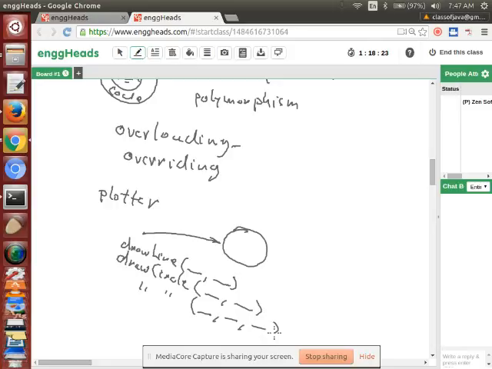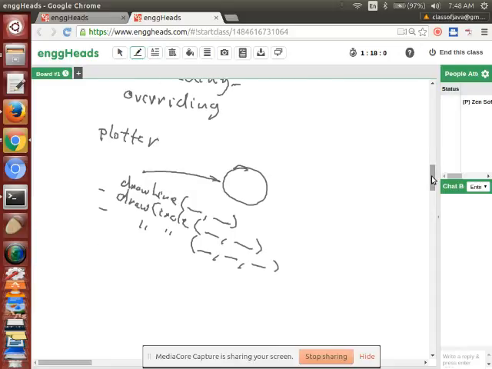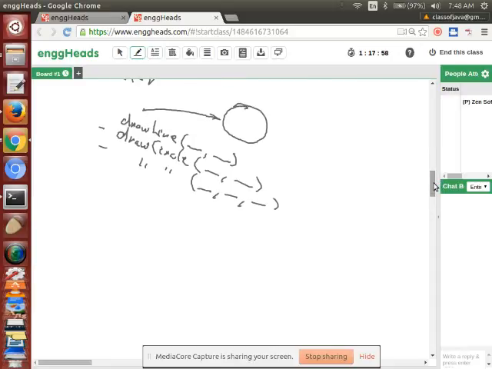It's offering more than one kind of input. It's allowing you two different kinds of inputs to do the same thing, drawing a circle with different sets of inputs. And so this is an example of overloading. Now for overriding,